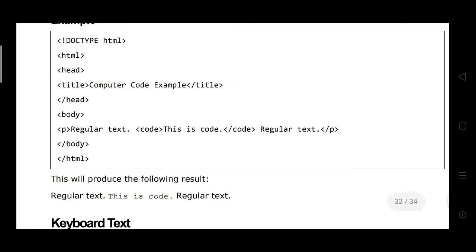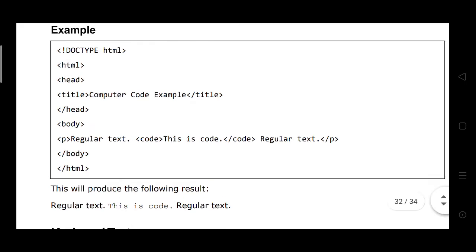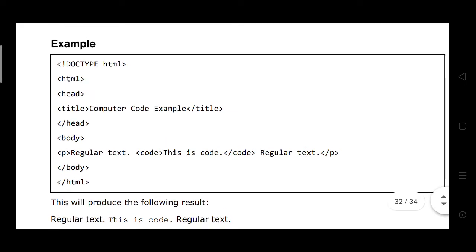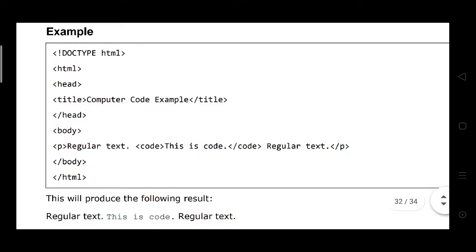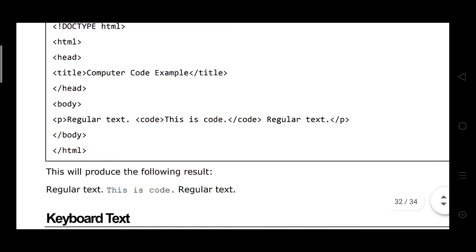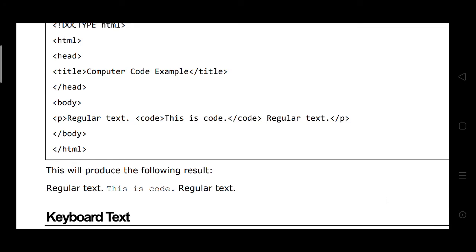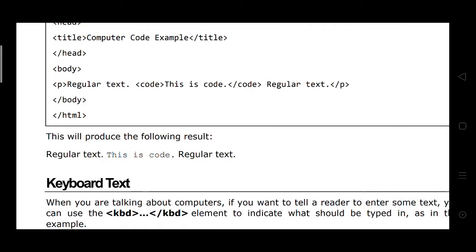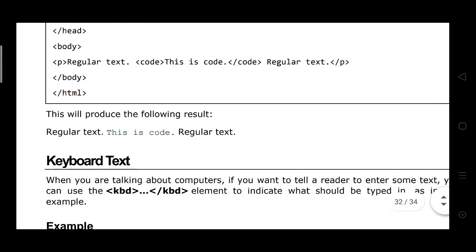Here, regular text. You see the program: doctype HTML, head, title computer code example, close head, body, open the paragraph, regular text, code, this is code, code is closed, regular text, paragraph is also closed, the body closed and HTML closed.